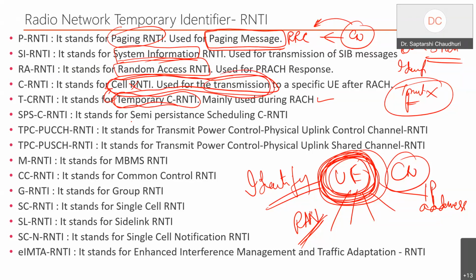Now, if you want to do semi-persistent scheduling, this is nothing but our voice over NR use case. To identify that user in the voice over NR scenario, if this procedure is going on from the scheduler, he will use this RNTI to associate that same user. See, the transmit power control, that is another feature I talked about. To identify who is doing the transmit, I use this RNTI.